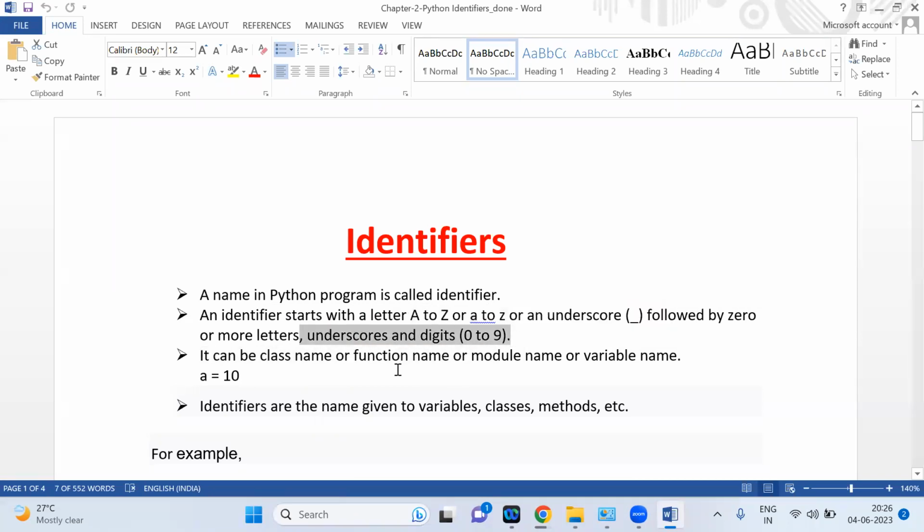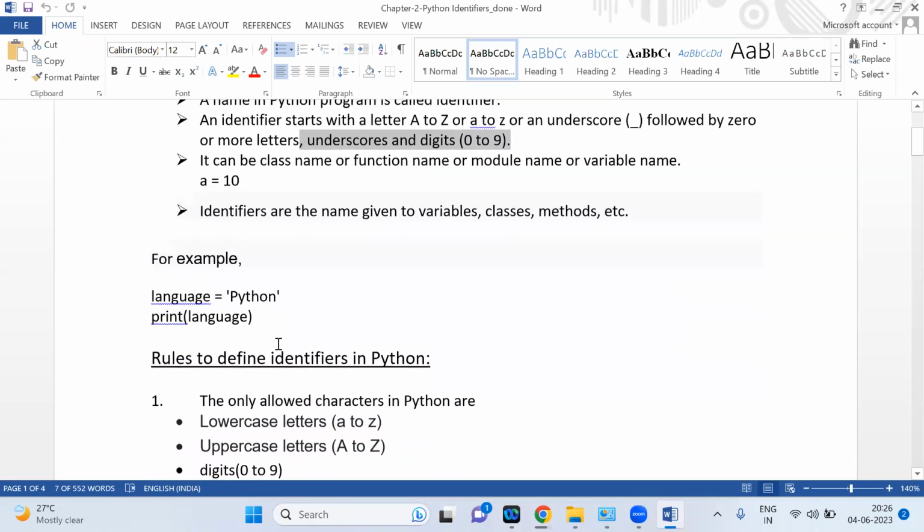For example, when you say language equals Python, this is an identifier, and this is the value you are assigning to this identifier. So this is a variable, and if you want to execute this in your